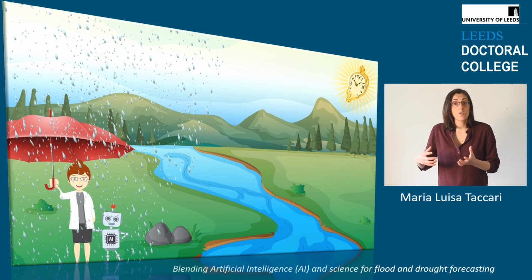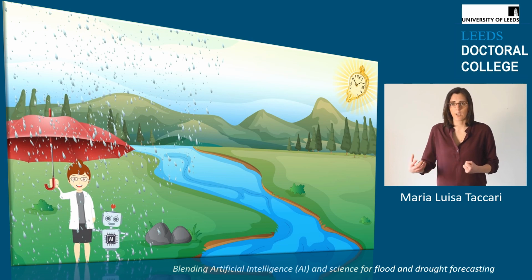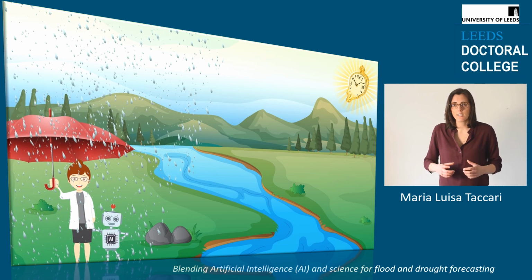There are several of these water models, all linked together. The groundwater model is the model that predicts the amount of water in the ground, and by doing so, it predicts if there will be a drought, and it also provides the input for the flood model. The groundwater model is based on our scientific understanding of how water behaves and moves in the ground. And eventually, this is described by physical laws. When we're running the groundwater model, we are solving these physical laws.